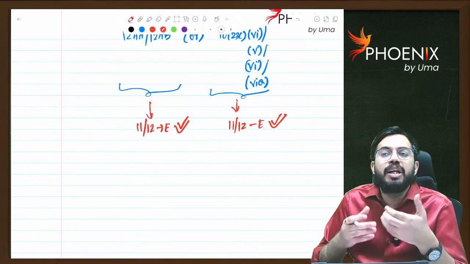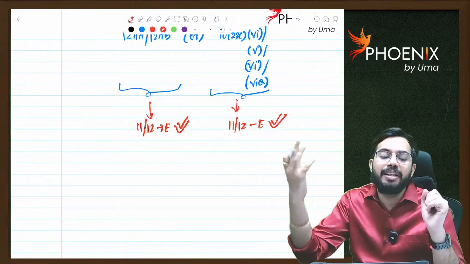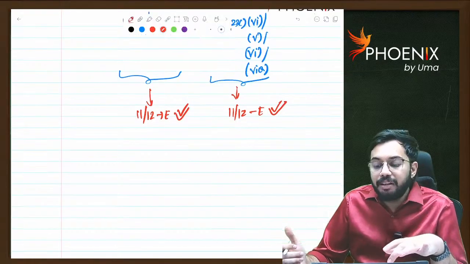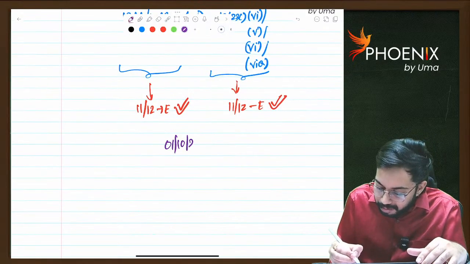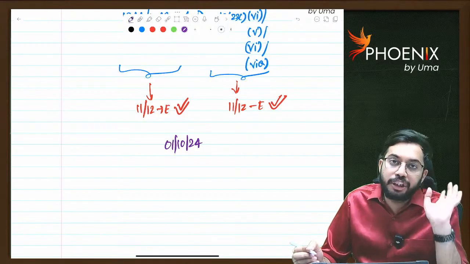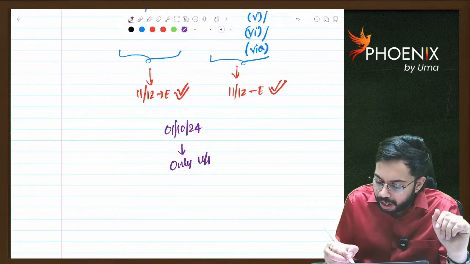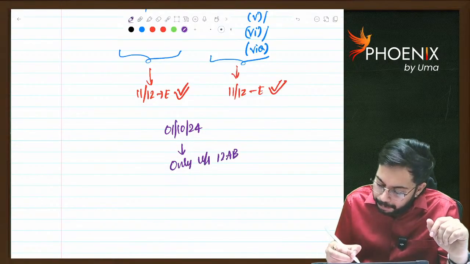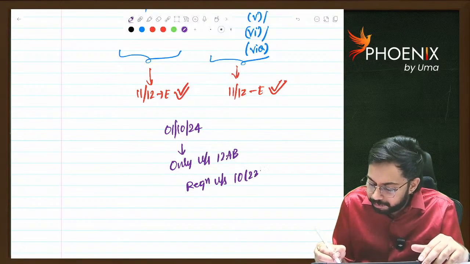Then why registration under two different sections, 12AA, 12AB, 10(23C)(iv), (v), (vi), (vii)? Why? So with effect from 1st October 2024, if you want to obtain new registration, you can apply for new registration only under section 12AB. You cannot obtain registration under section 10(23C),